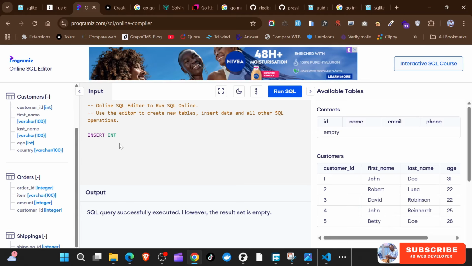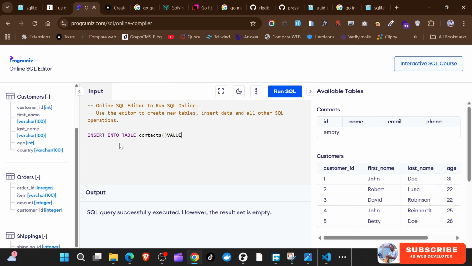Insert into, okay, insert into table, and we can put the name of the table, which in this case is contacts, and then we can specify the columns here and then the values, like this. So here we can pass in, for example, the ID, name, email,